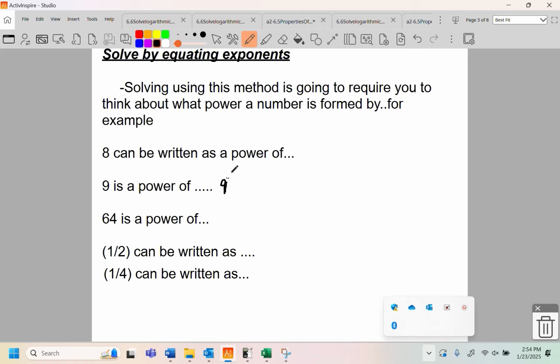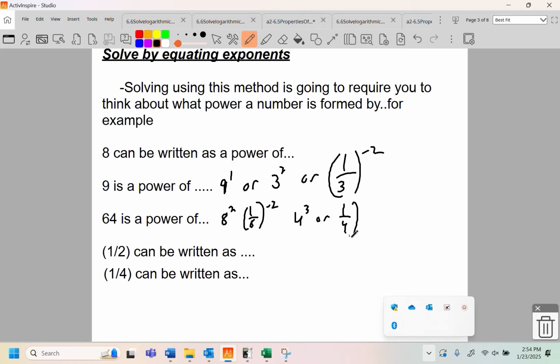9 is a power of 9. It's 9 to the first, or it's 3 squared, or maybe it's 1 over 3 to the negative second. Lots of ways of writing a 9. I know you may not believe me, like that's a foreign language to you, but I'm not wrong about this. 64 could be something like 8 squared, which means it could also be 1/8 to the negative second. It could be 4 cubed, or it could be 1 over 4 to the negative third,